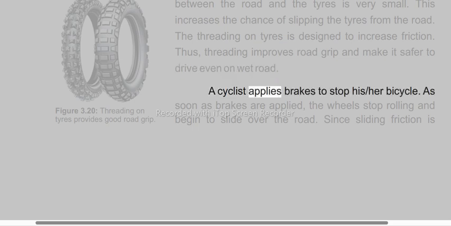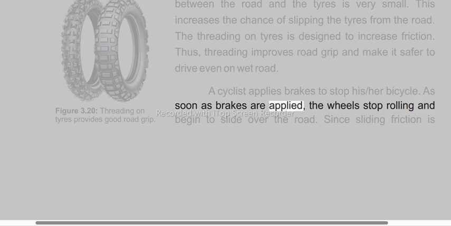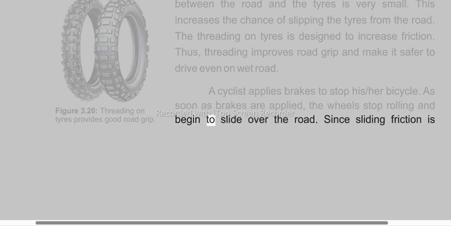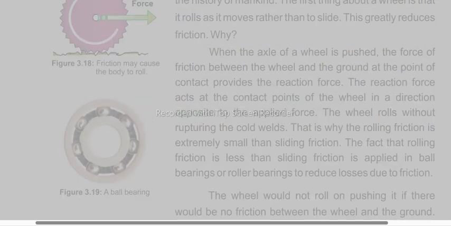A cyclist applies brakes to stop his or her bicycle. As soon as brakes are applied, the wheels stop rolling and begin to slide over the road. Since sliding friction is